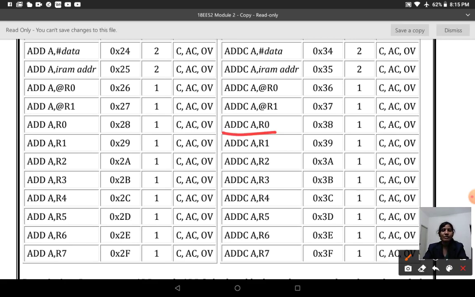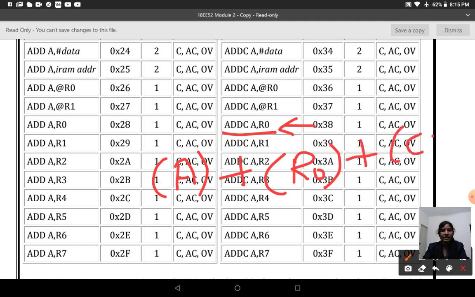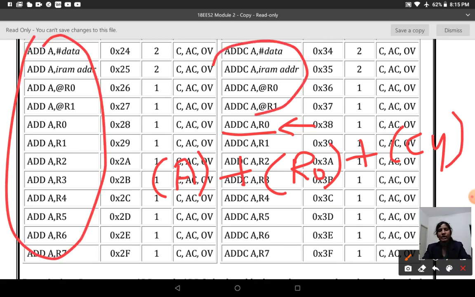If you take this particular instruction, whatever content you have in R0 will be added to the content of accumulator along with the carry bit. That is the difference between the instruction given here and here.